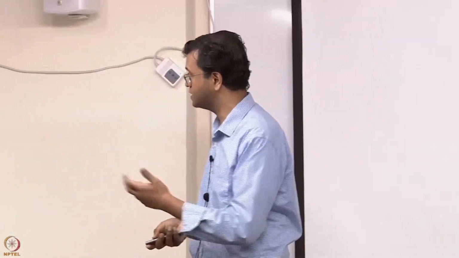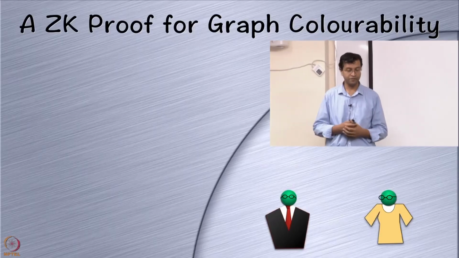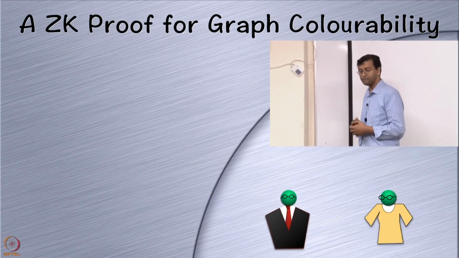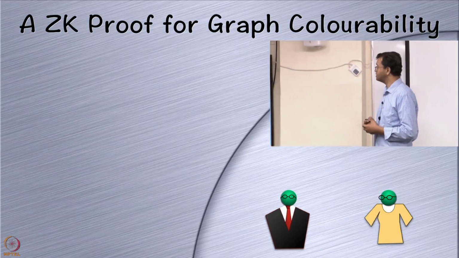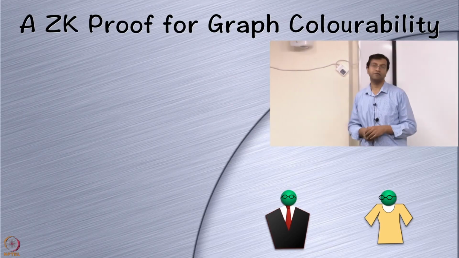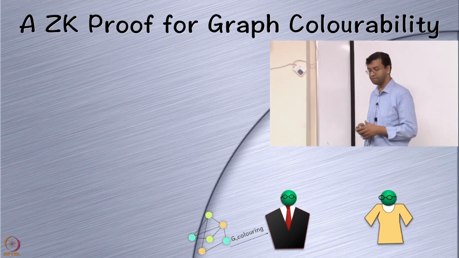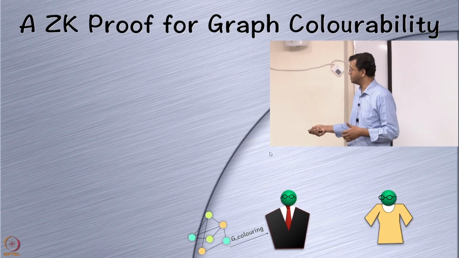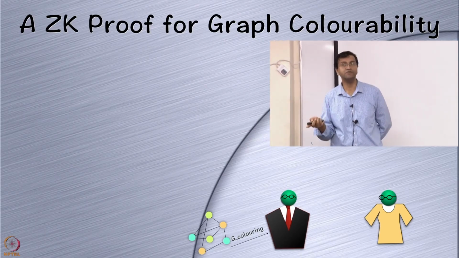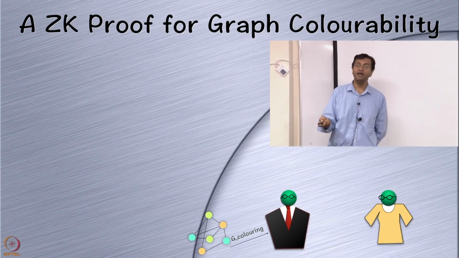Okay, so in this case, it's a 3 coloring that we'll be talking about. Here is the zero-knowledge proof for graph 3 colorability. The prover is this guy now, who has a 3 coloring. He has a graph, and it came colored to him, so he knows that it's 3 colorable. He wants to convince the verifier that it's 3 colorable without revealing anything about the coloring,